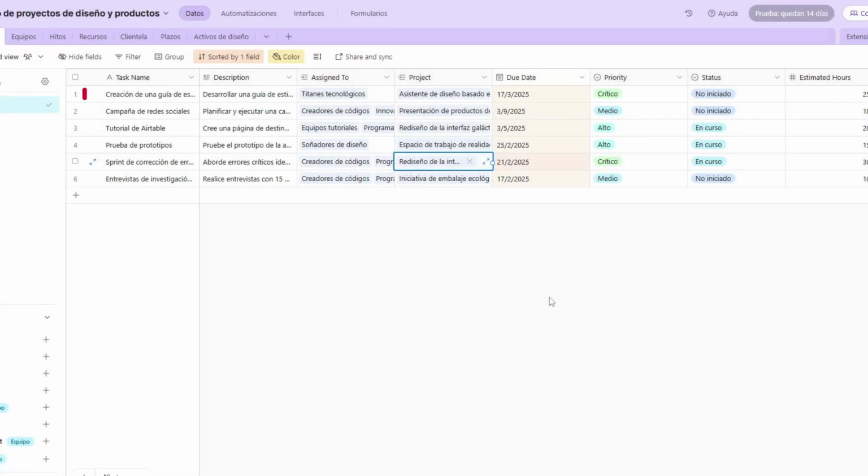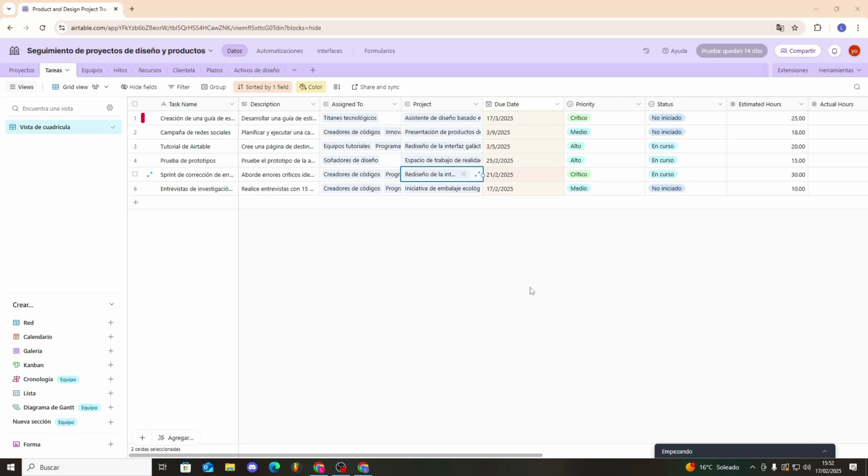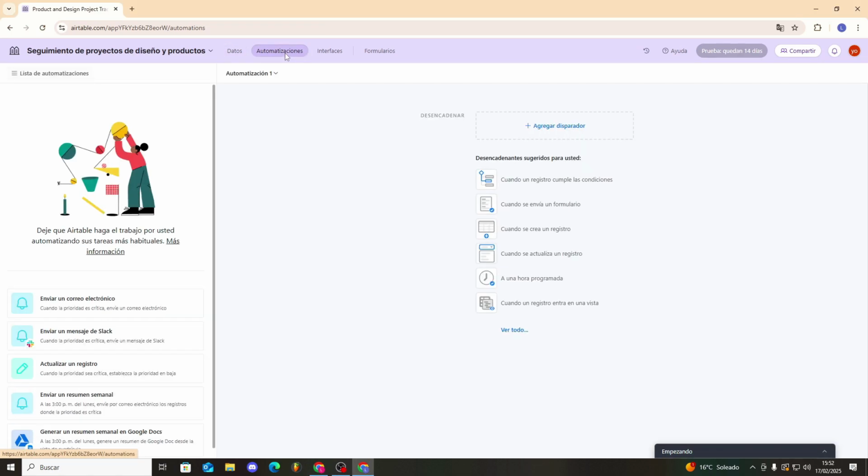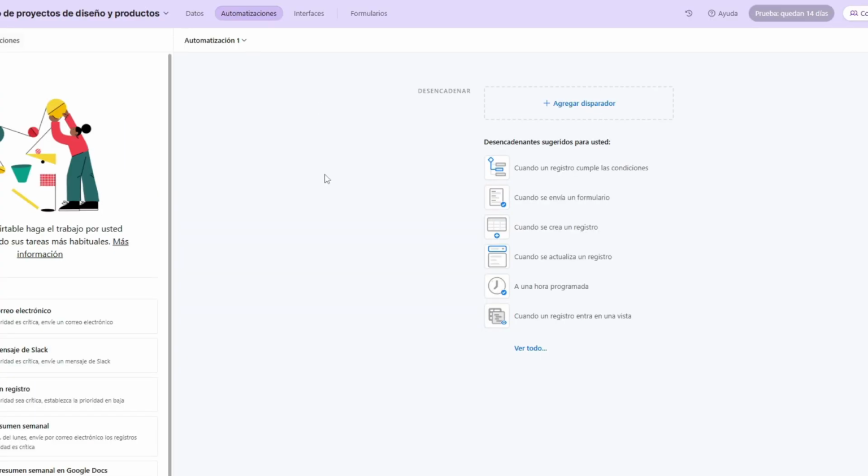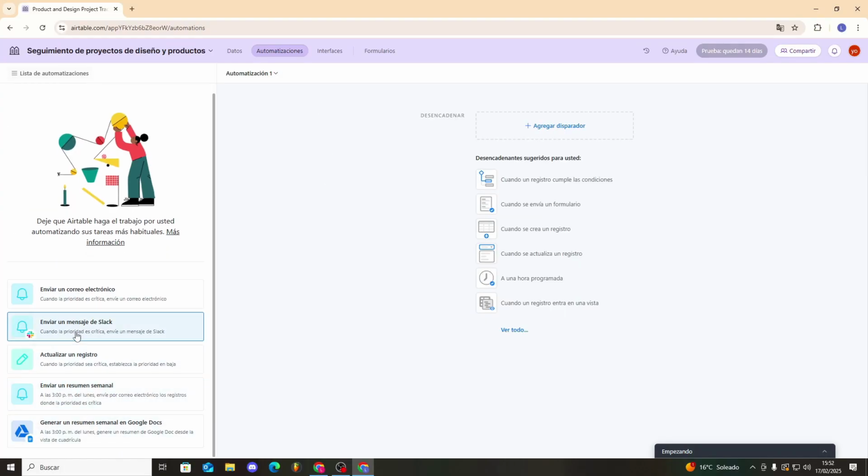Automations are becoming essential, and nowadays we want to automate as many processes as possible to reduce our workload, right? In this program, we can also create these automations. I'll show you how. Let's go to the automation section. Within this, we have different options, including these on the left that give us examples of pre-made automations